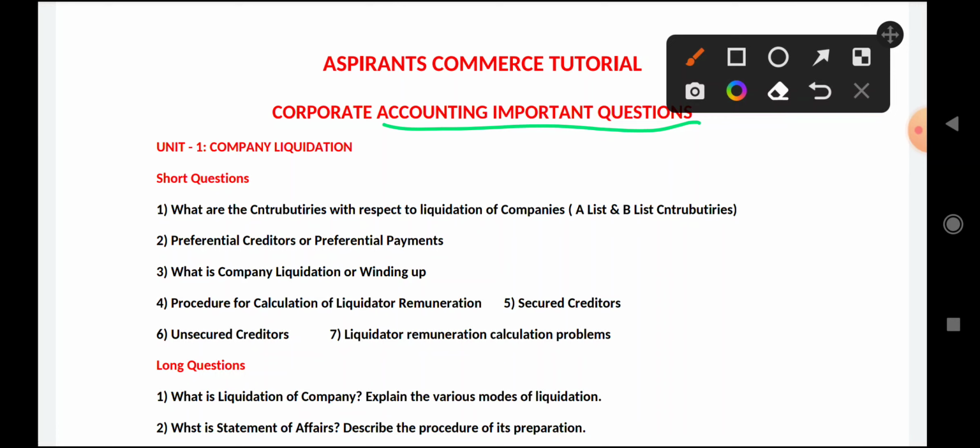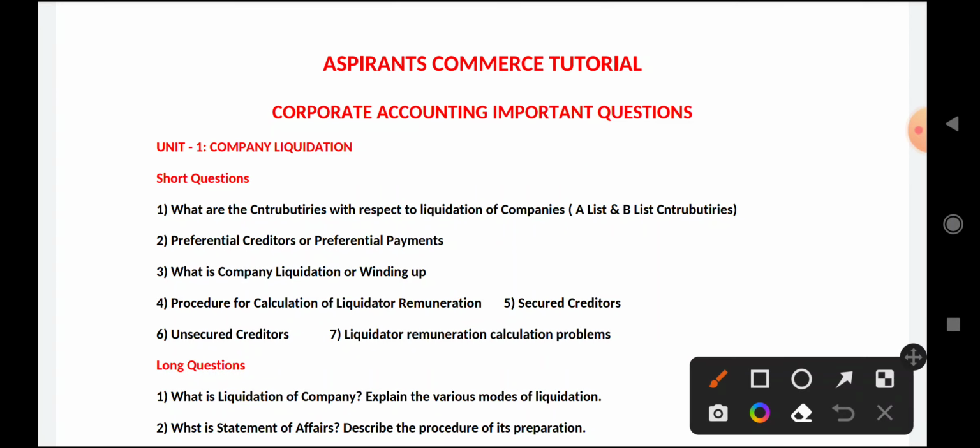Now here I am with another subject, corporate accounting, which is for general students and old batch students also. They are having corporate accounting subject, old syllabus students. It is for both. So without wasting further more time, let us discuss the